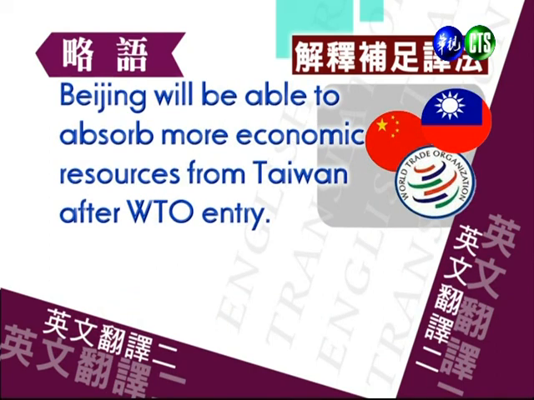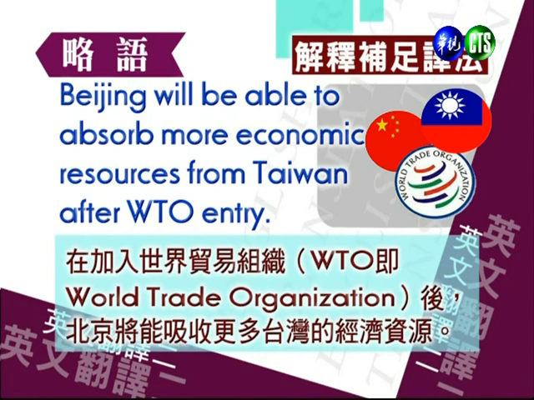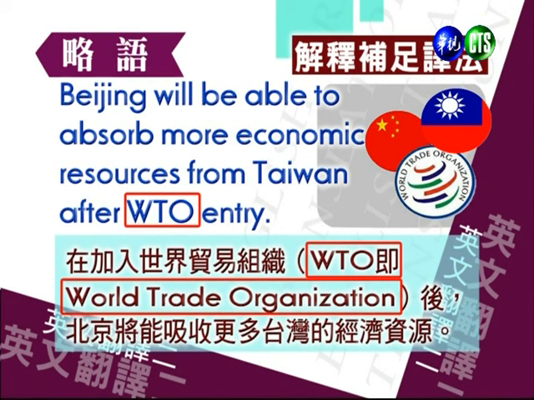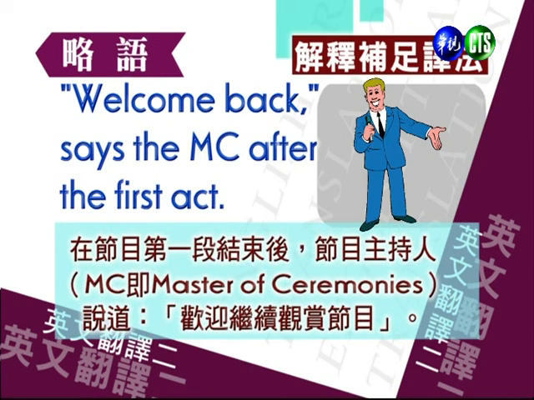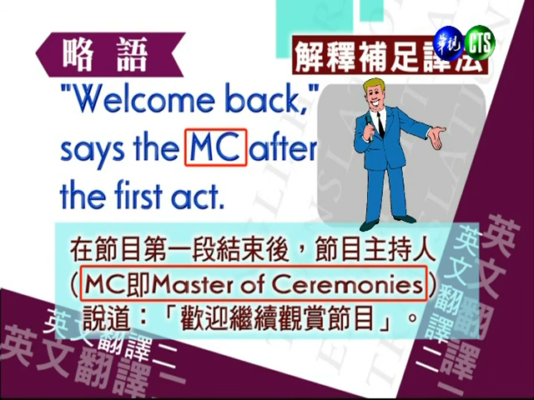Beijing will be able to absorb more economic resources from Taiwan after WTO entry. 在加入世界贸易组织 WTO 即 World Trade Organization 后，北京将能吸收更多台湾的经济资源。好，下一句。Welcome back, says the MC after the first act. 在节目第一段结束后，节目主持人 MC 即 Master of Ceremonies 说道：“欢迎继续观赏节目。”好，我们看这个略语也是一样，譬如说 MC、APEC，这些都是在翻的时候就把它说出来。APEC A 是什么意思？P 是什么意思？E 什么意思？C 什么意思？那就要把略语翻出来，这样比较清楚，对不对？好，下面看我们的 famous quotations。